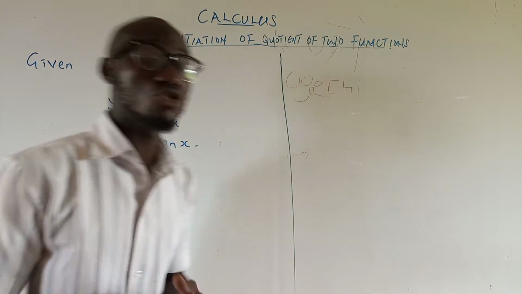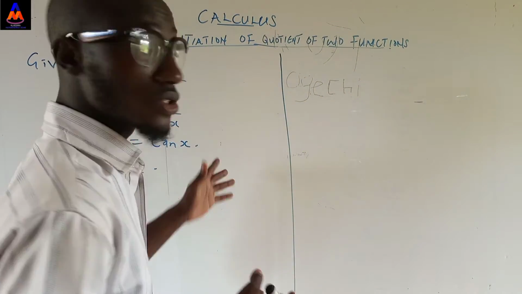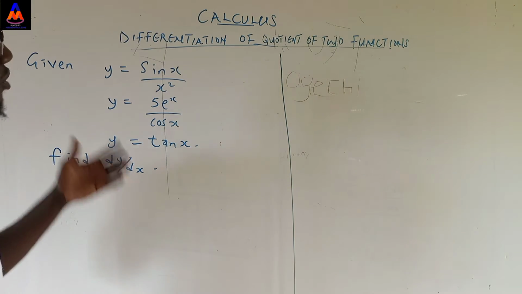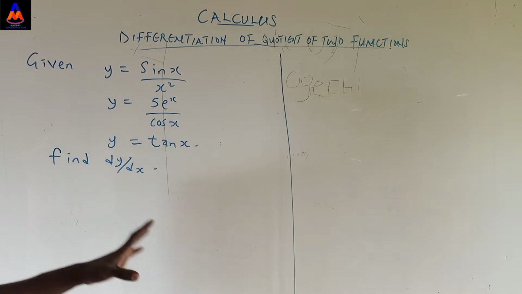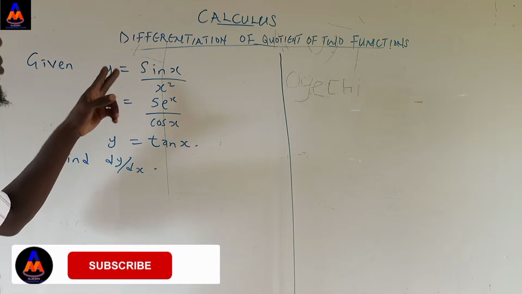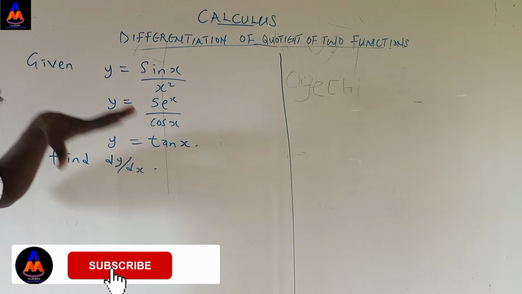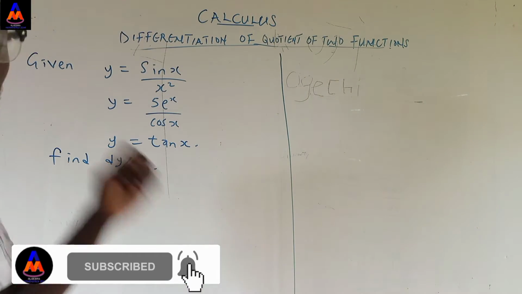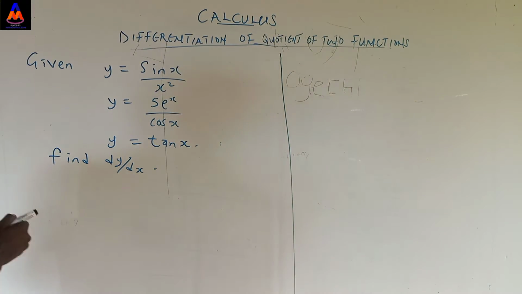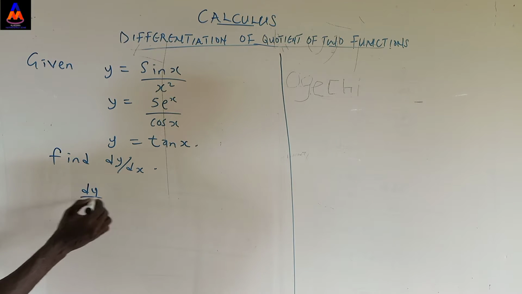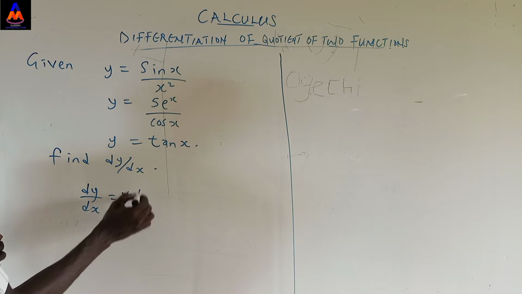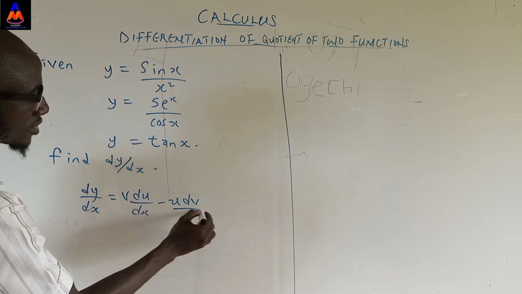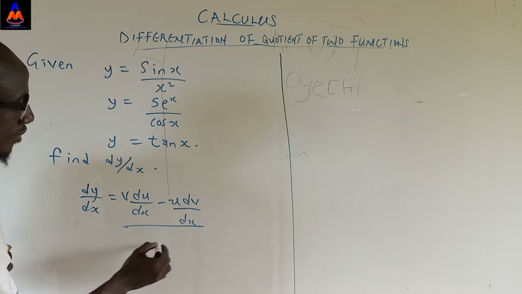Established the quotient rule for solving our function. Then we are given this series of functions, and we have to find their derivative. If you look at this function, there are two different functions that depend on x and they are dividing themselves, so we have to use the quotient rule. The quotient rule again is dy/dx equals v du/dx minus u dv/dx